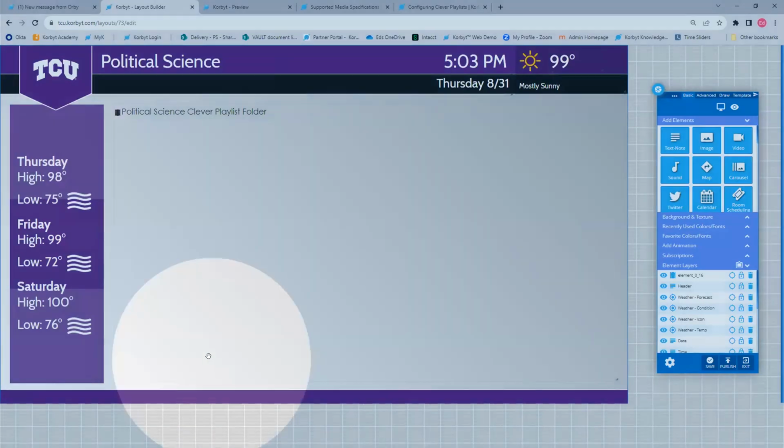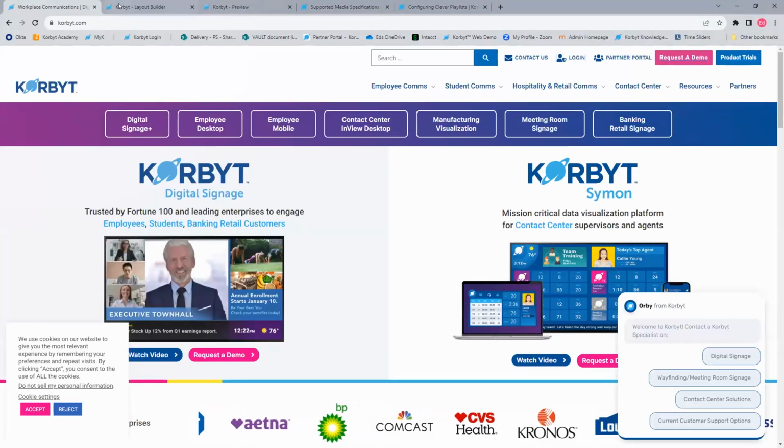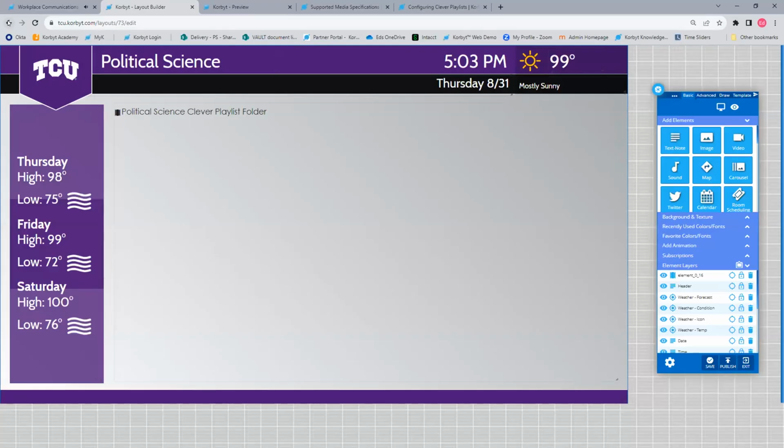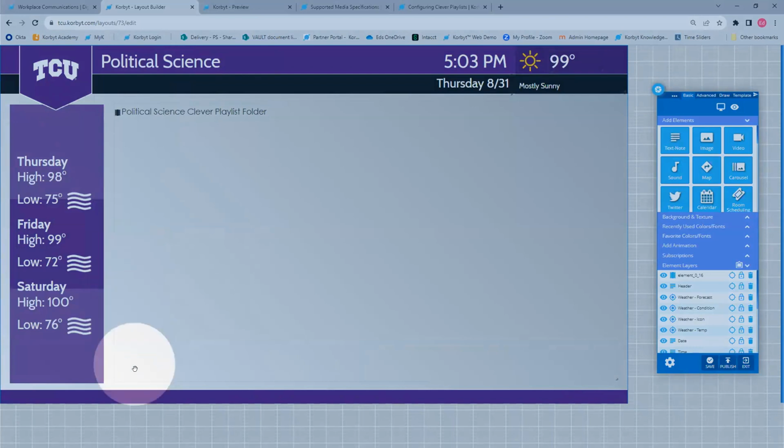So if I want to change what's seen on the screens for political science screens receiving this layout, I would just change the items in the political science clever playlist folder. That would control what plays inside this area of the screen.